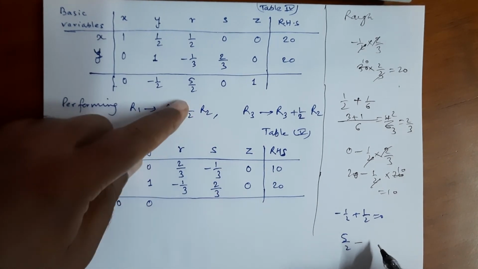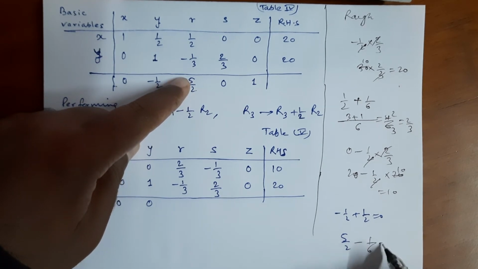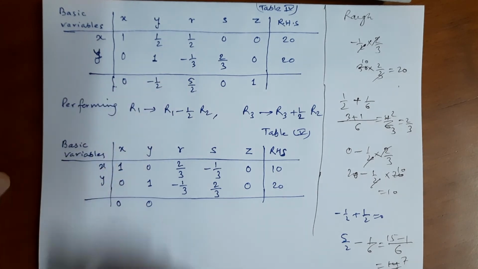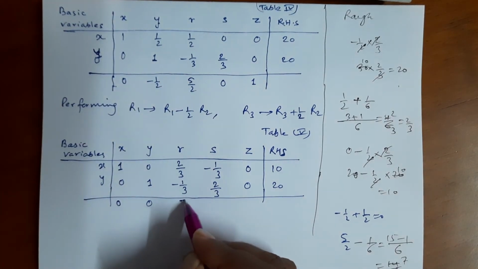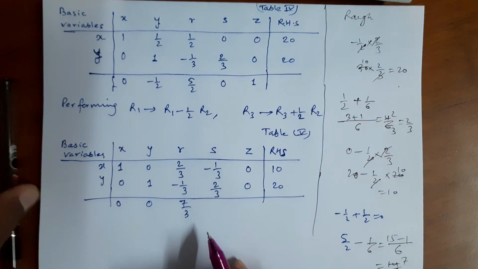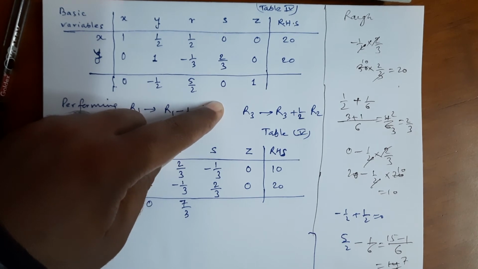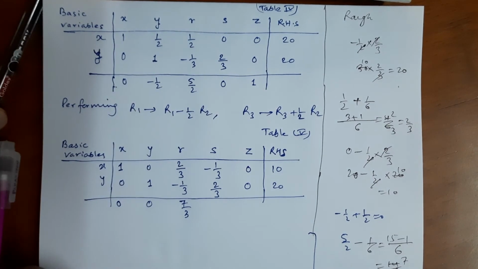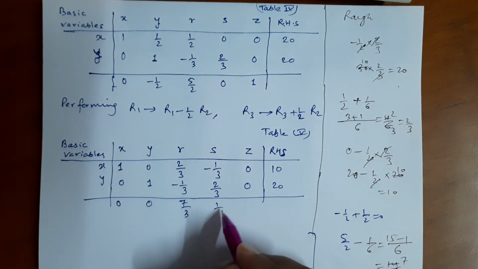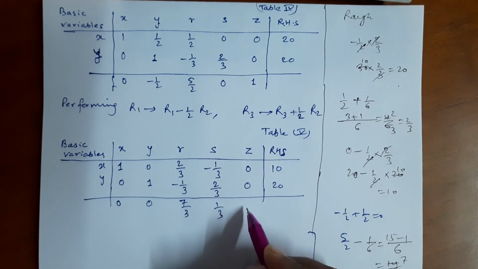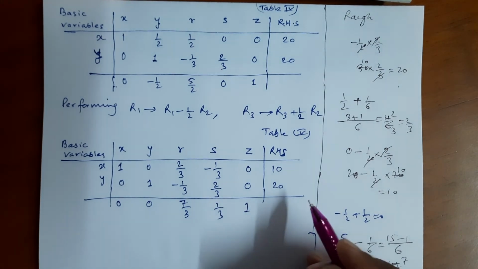minus 1 over 6, that will be 6. 15 minus 1, that will be 14 over 6. 2 7s are 14, 2 3s are 6. Here will be 7 over 3, and 0 plus half of 2 over 3, that will be 1 over 3. So here will be 1 over 3, and 1 plus half of that, that will again be 1, and here we have